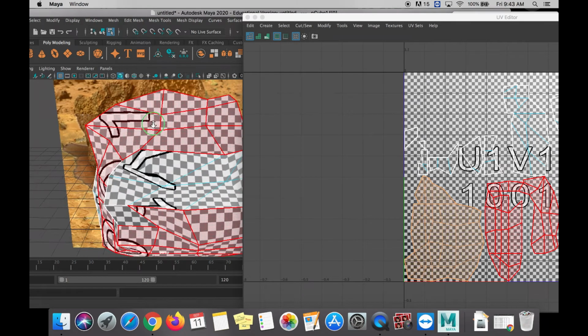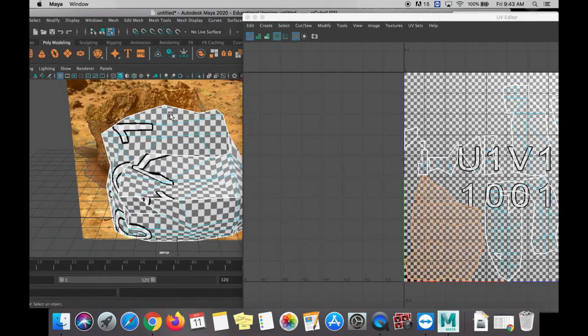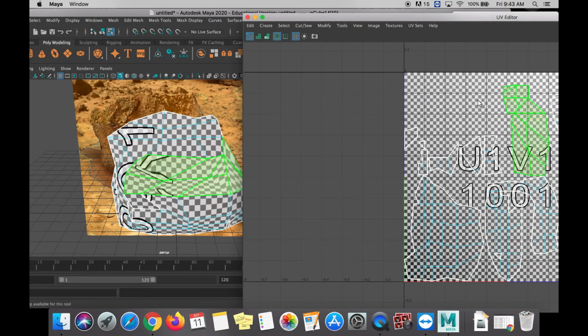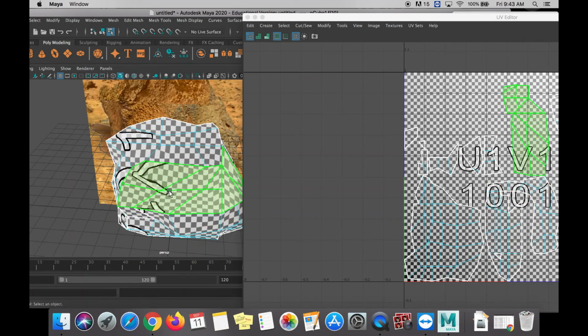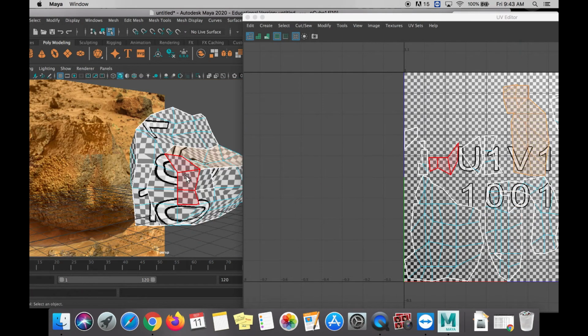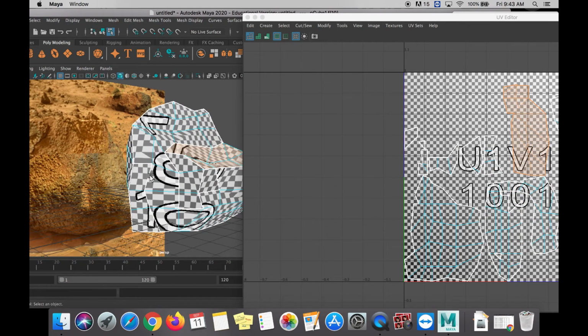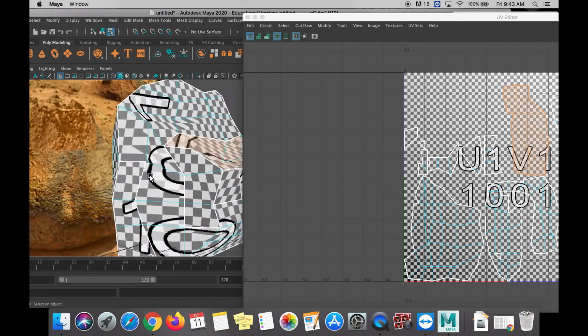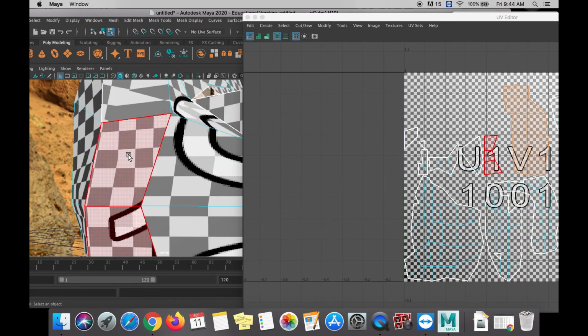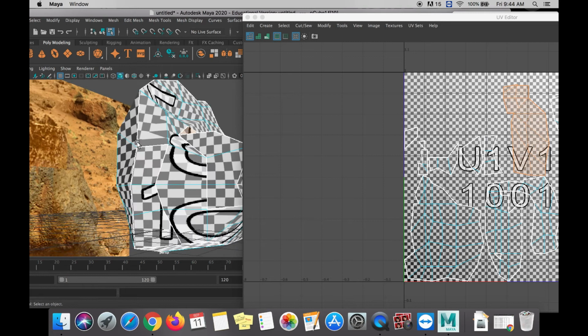This shell here takes up a large portion of the front of my rock, and this chunk right here really covers this indentation that I made. Now there are some smaller sections, and painting these individually could get a little bit tricky. Let's see if we can't move and sew these in a way that makes them easier to paint. And you'll also notice, because these are so far spread out on our map, the textures don't really line up. You can see how one pattern ends here and another pattern starts here. And that could make it kind of difficult to make it look seamless once we start painting our own texture